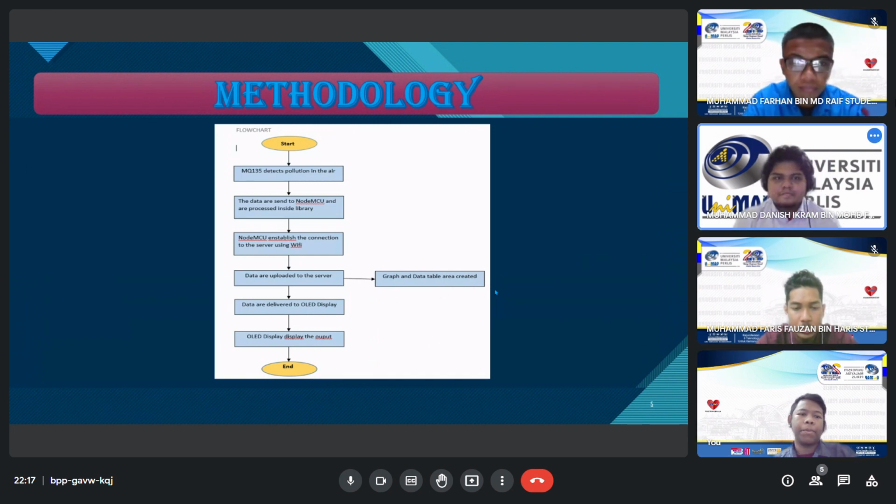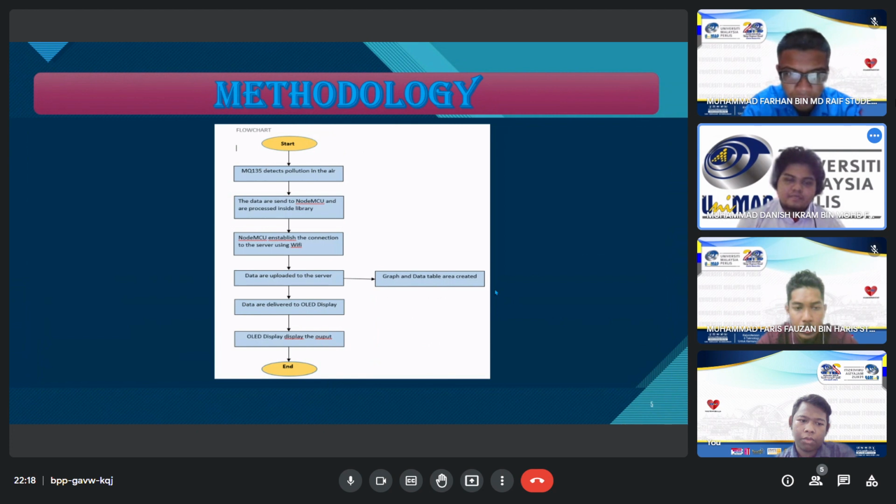Thank you. Now I will continue my part, which is the methodology. Firstly, the flowchart. At first, we start the program. The first component, the MQ135, will detect the pollution inside the air. Then the data from the MQ135 will be sent to the NodeMCU and processed inside the library.